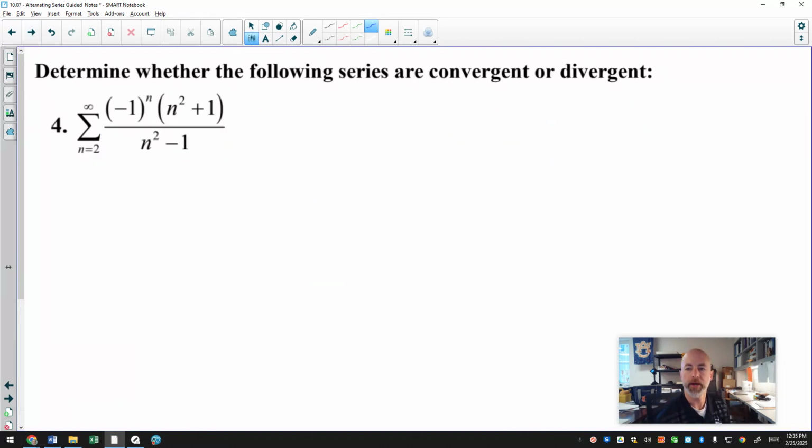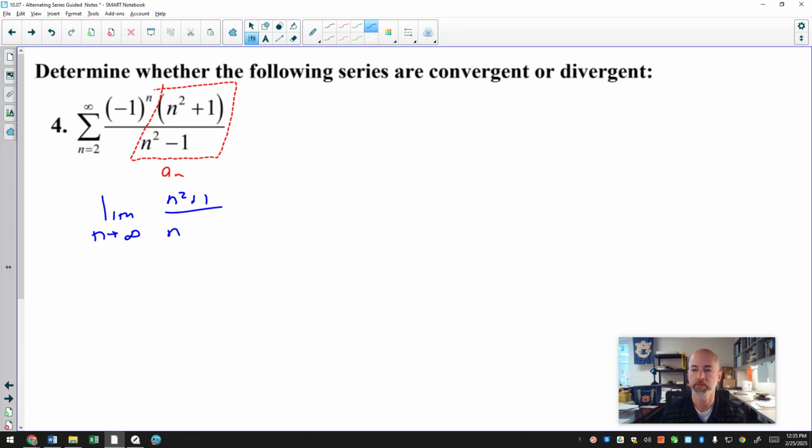Let's see, what about this guy? See, this one alternates, and I see something really nice right off the bat. And this should be one of the first things you always look for with series. This is my a sub n. And I can tell right off the bat that if I apply the limit as n goes to infinity of n squared plus 1 over n squared minus 1,